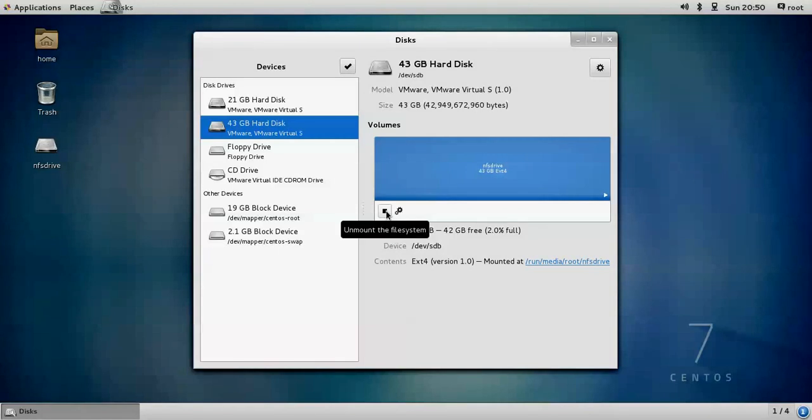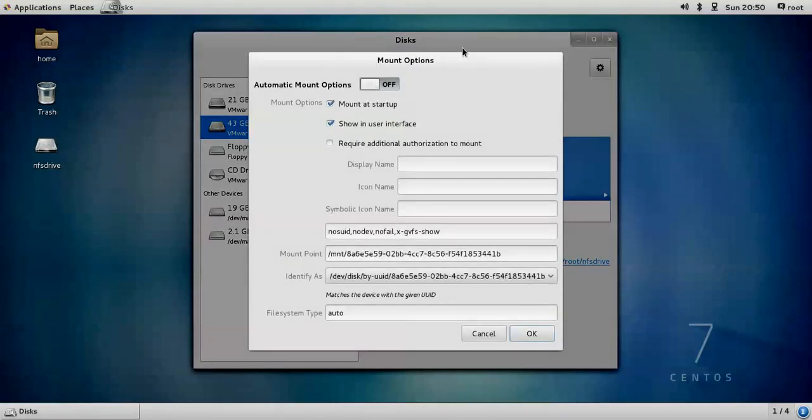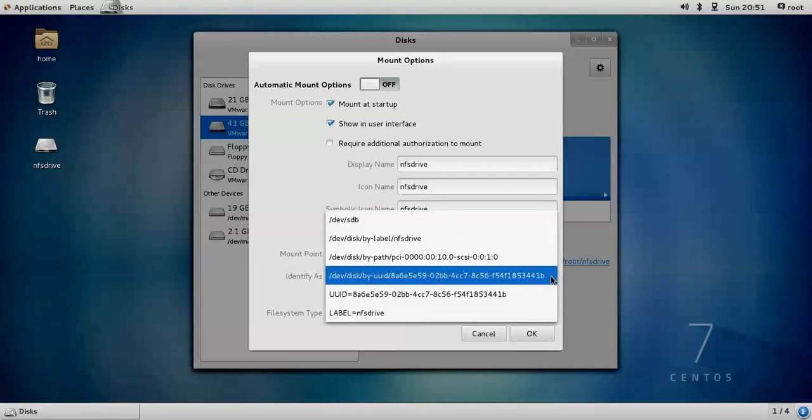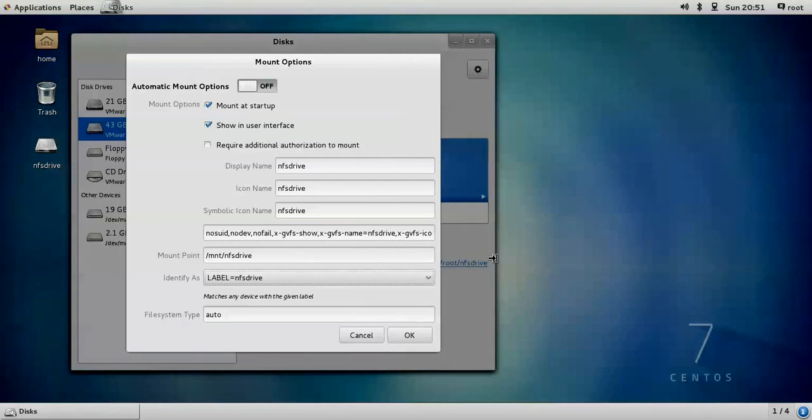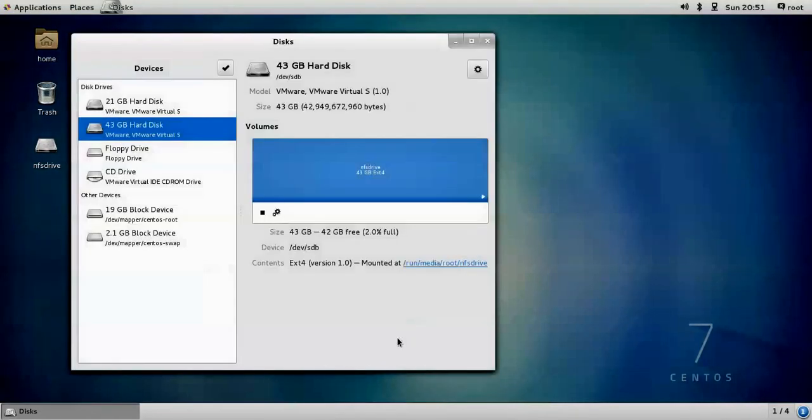So what I would do is go into the edit mount options, switch this off first, and then set NFS drive here. For simplicity, I'm just going to use NFS drive, NFS drive. And if you look, the identifier is actually the whole big name, so I'm going to pick the label as NFS drive. You'll see that it will hopefully change. So it will actually change. Once I press OK,